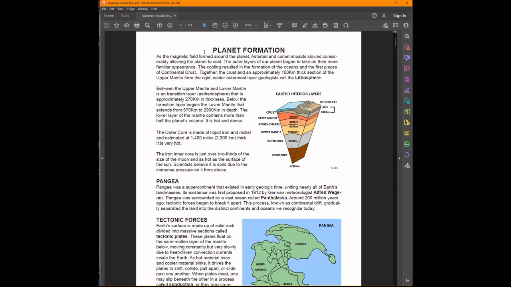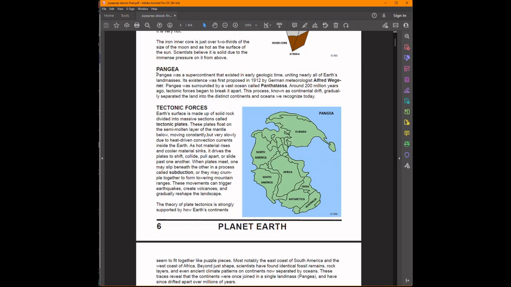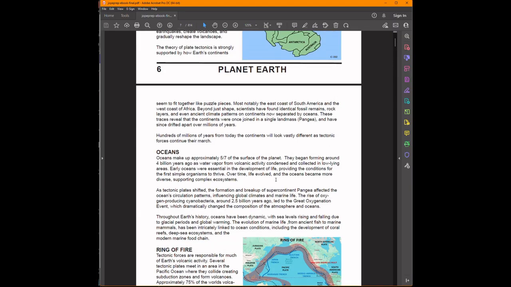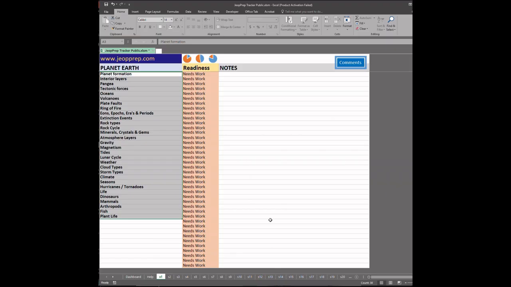And so let's say we're studying and we want to start recording now what we've learned. So let's say we've learned a little bit about planet formation and then the layers of the Earth, and we learned about Pangea. We learned about tectonic forces, and a little bit about oceans, okay? We'll go back to the chart, and what we would do is start marking these. The default is needs work. So if we just click into here, we can change it to